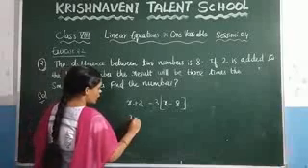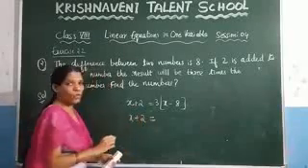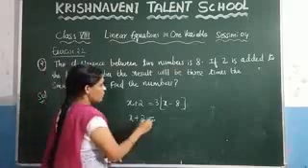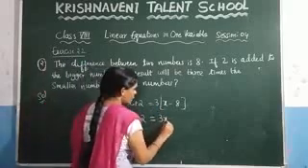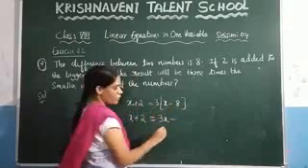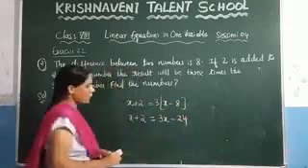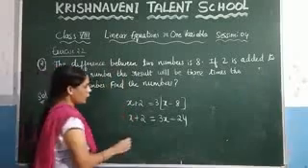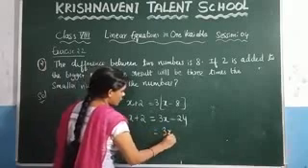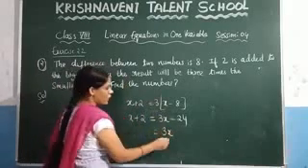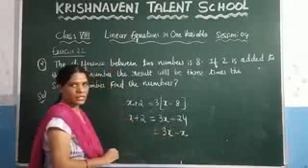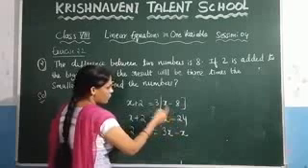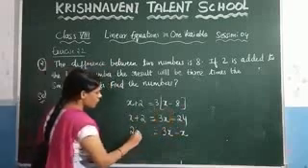So find it here: x plus 2. Now, what we need to do? You need to multiply this 3 with both of these numbers. So 3 into x, which is 3x, minus 3 into 8, which is 24. Now, take all the variables to one side and all the numbers to the other side. Here 3x, and here plus x is there. If you take it to the right hand side, it will become minus x. Now here 2, and minus 24 is there. If you take it to the left hand side, it will become plus 24.